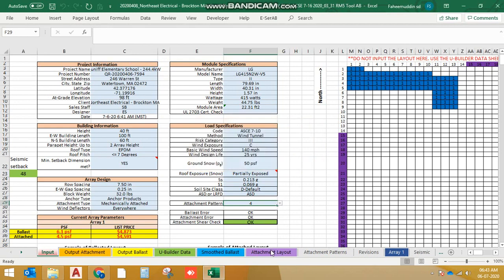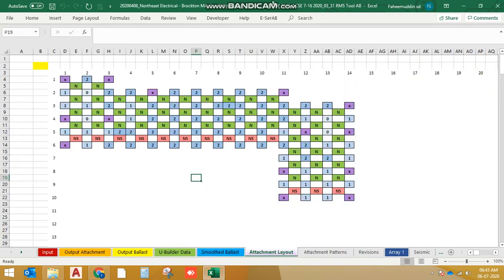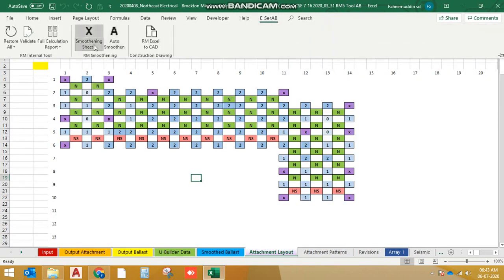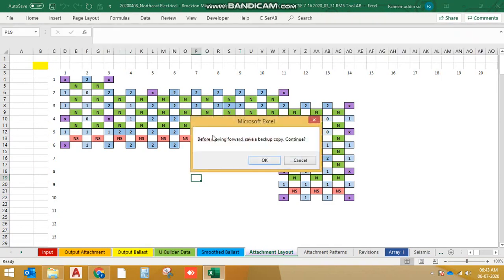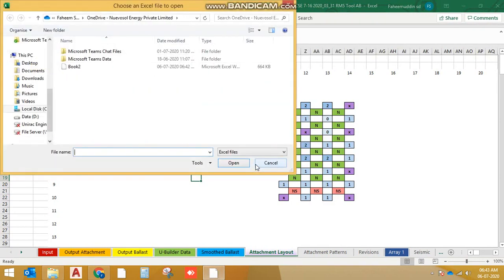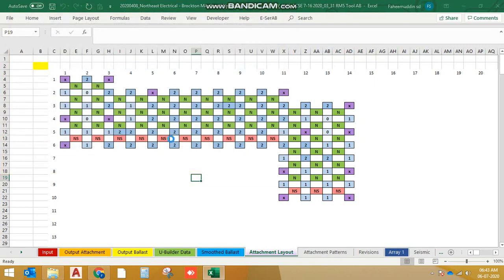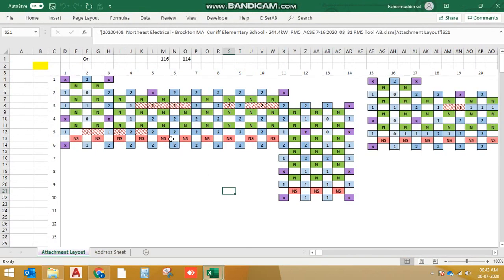Oh, it says go to either ballast or attachment. Smoothen sheet existing, and it will ask me for that book. This is the book which we saved. Now I got it back.